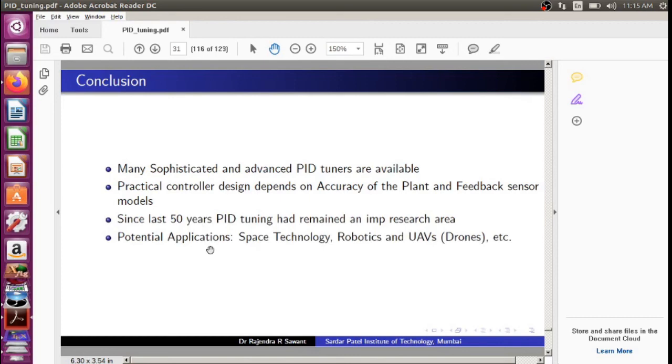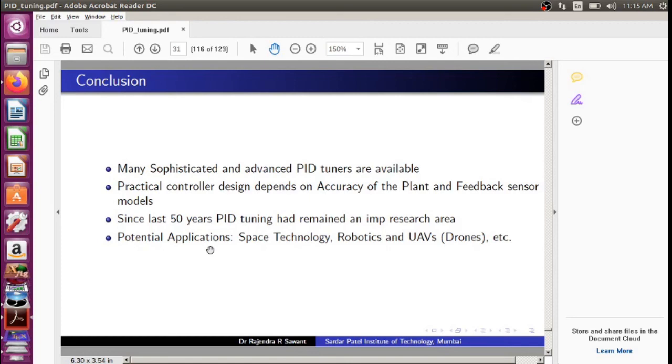Research on PID has been carried out for the last 50 years, and PID tuning has remained an important research area.